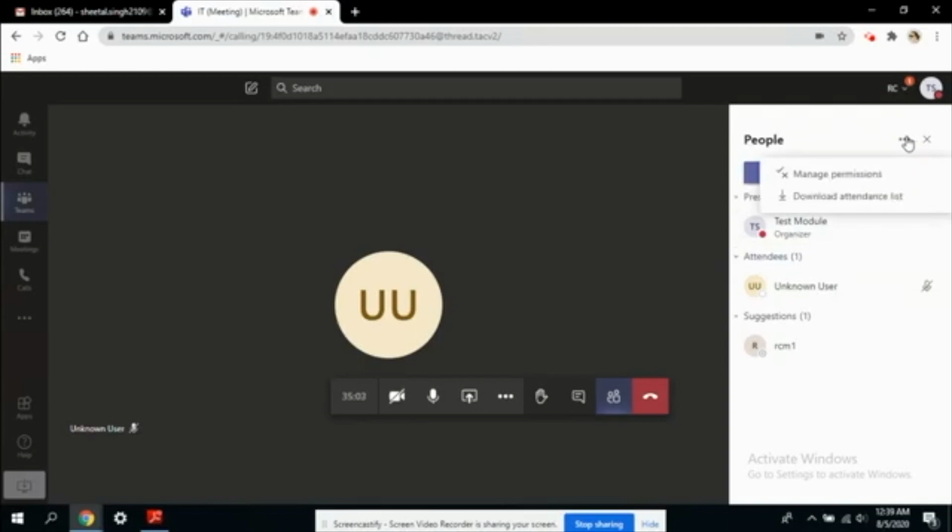Alright, the second option is really useful, which is mandatory and required. You do not need to do anything, you just need to click on this and your attendance for that particular meeting will be downloaded. You do not have to name any person, or keep track of anything. You do not have to add any add-on feature or any extension. You just need to click on this download attendance list, and your attendance for that particular session